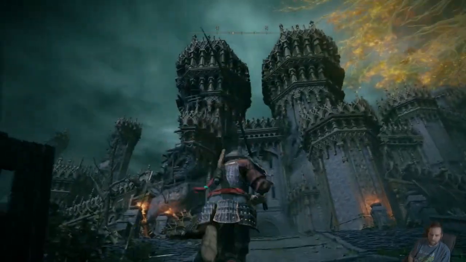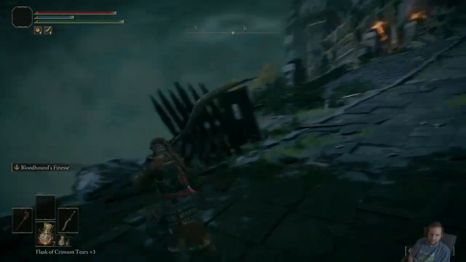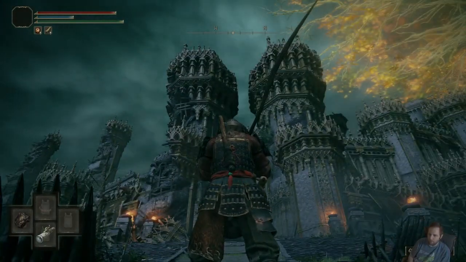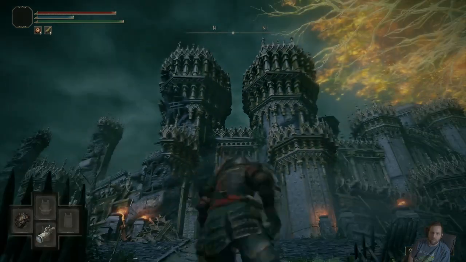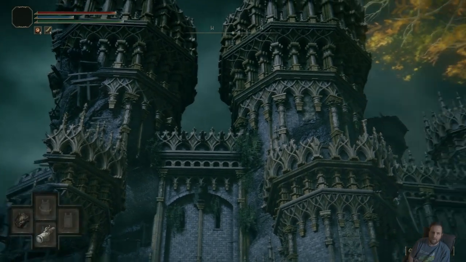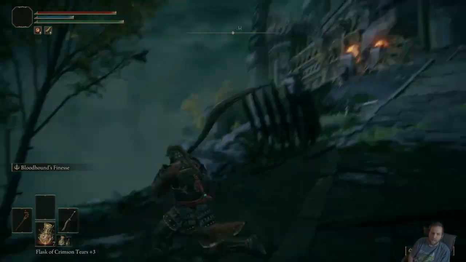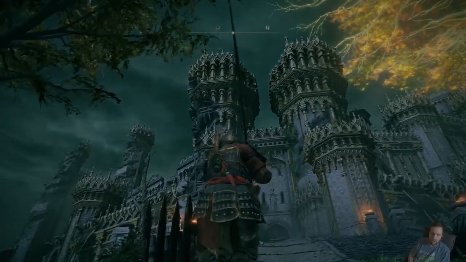But basically, there's two towers up here, in the front of the castle. They appear to be broken. However, if you look up on top, they're actually smooth, and there's a little small ornamentation that is not broken. Later on, much later on, towards the end of the DLC, in fact, there's going to be a